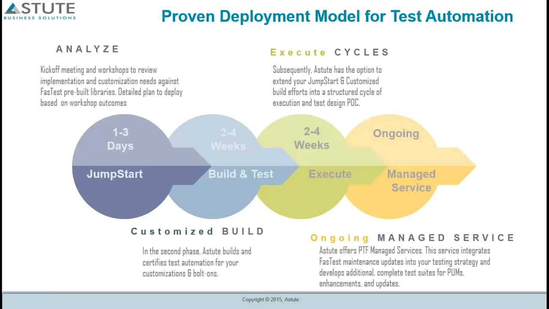So those would be an excellent baseline for you to then build additional tests yourselves or re-engage with Astute down the road when you're ready to build more tests. But in 2 to 4 weeks, typically in a 4-week engagement, we have delivered a few hundred tests and a few tens of shell tests to customers so that they have a very good baseline repository for automated testing.